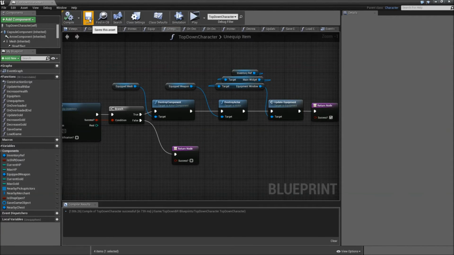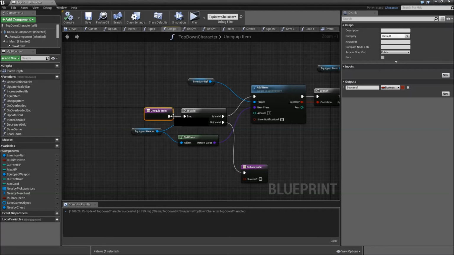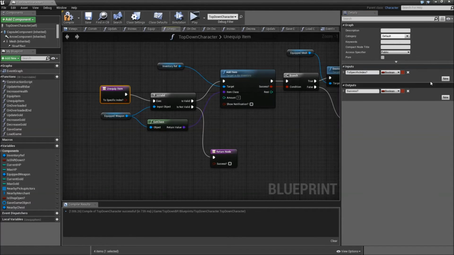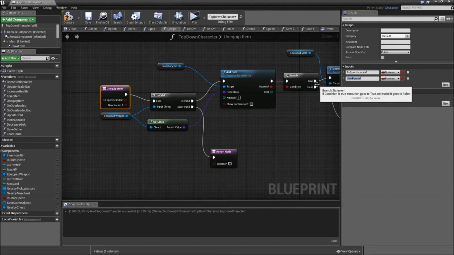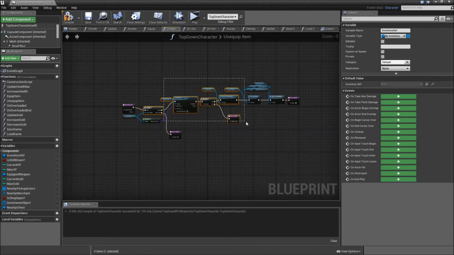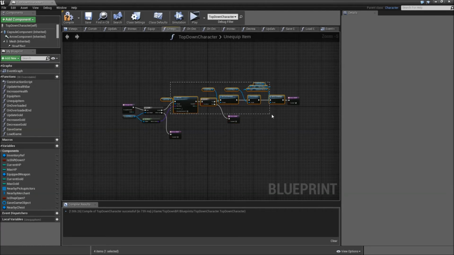Then let's compile, save, and actually we will need some inputs for our Unequipped Item function. First one will be a boolean called toSpecific index question mark, and the next one will be the index, which will be an integer. Let's move everything we had before to the side